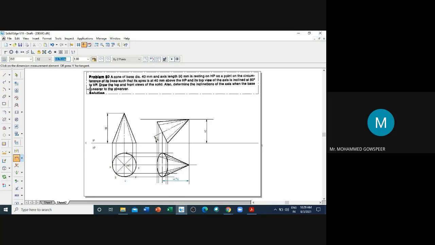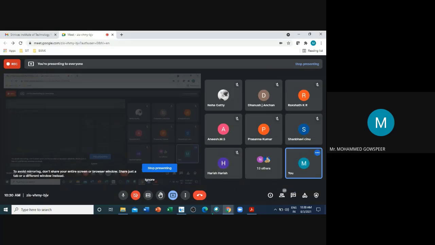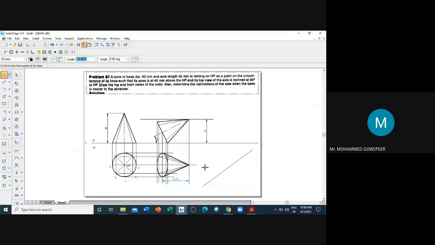the 60 degree to VP. Now you select the line command, normal line style. Draw one line. Now specify the angle. How much is it given? 60 degree.